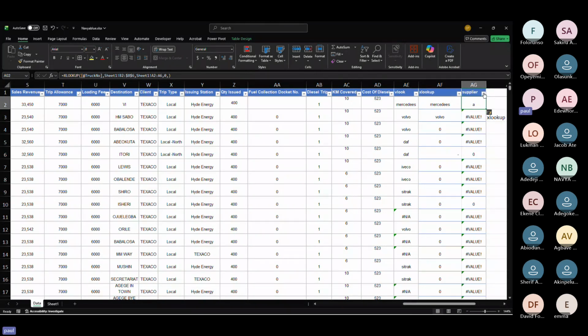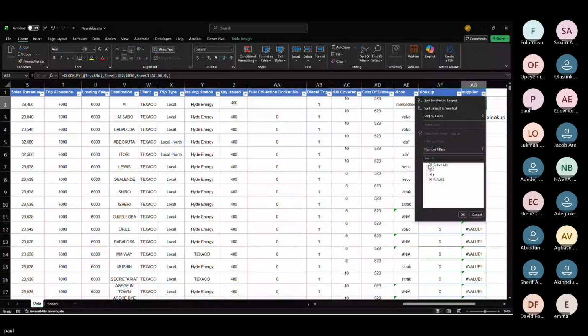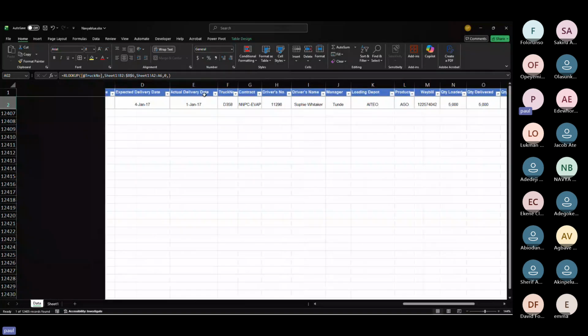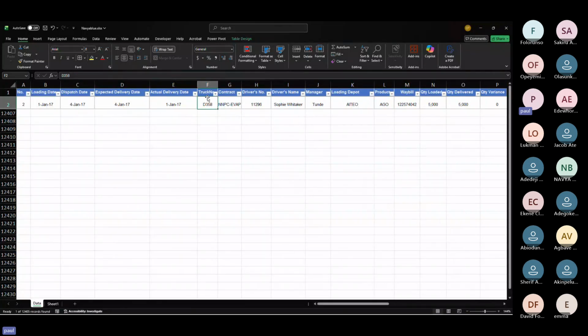Let me check and see. Can you see now that is returning A for that particular customer because we have it? Can you see? We have it here. So this is how